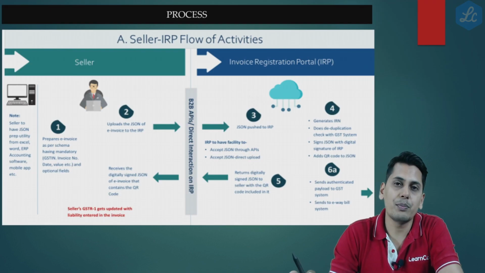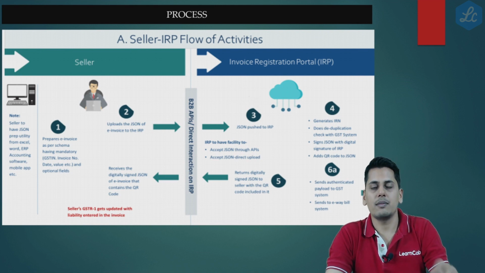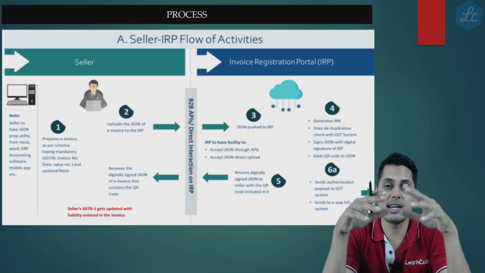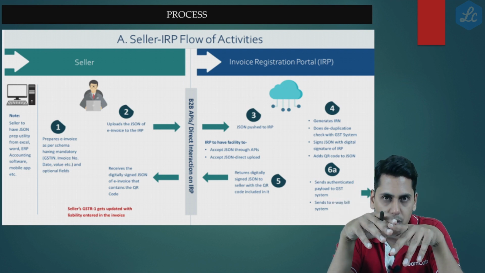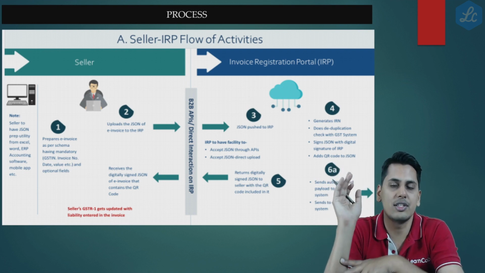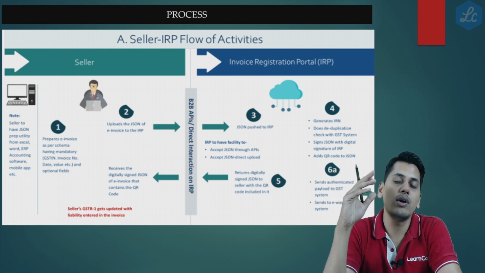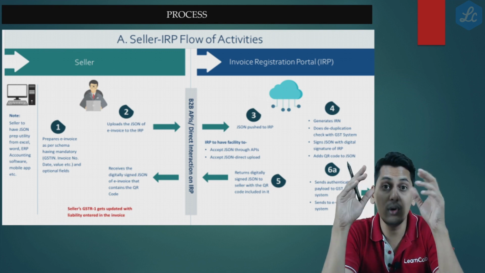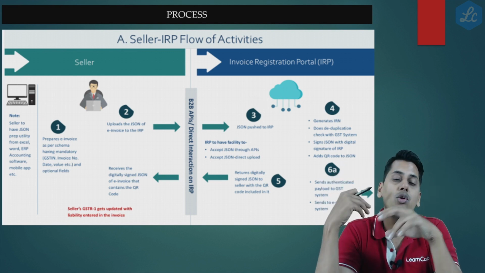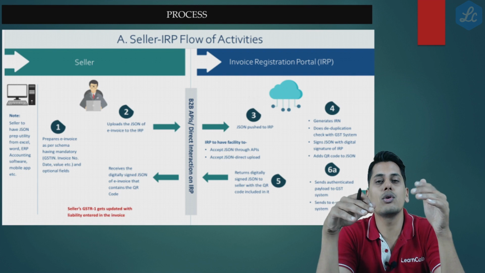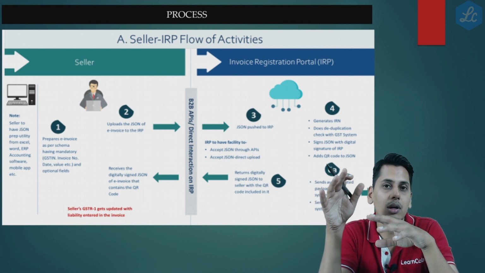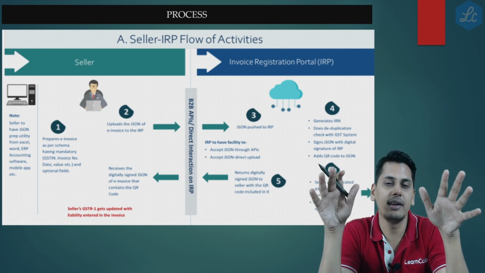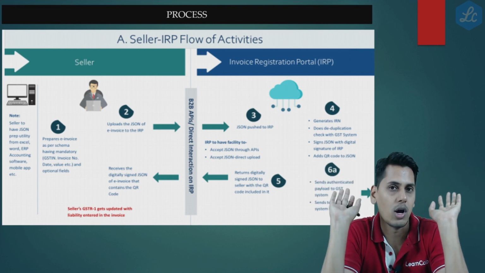Now, friends, what is the process of obtaining an invoice reference number? Friends, the process is very simple. You have to fill in the particulars contained in form GST INV01 and upload it to the invoice registration portal. Friends, the invoice registration portal would accept this form GST INV01 only in JSON format. Now, friends, how do we upload it in the common portal? Either you can upload it directly to the common portal, or your accounting software can interact with the common portal through API integration and directly upload it.